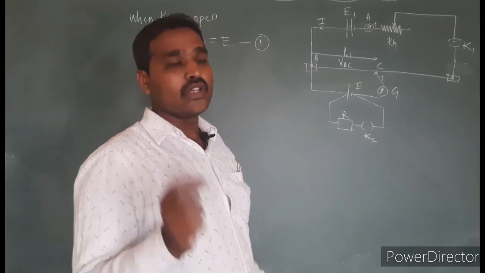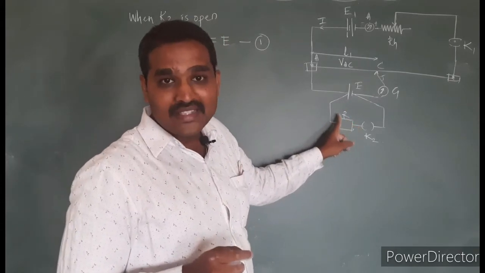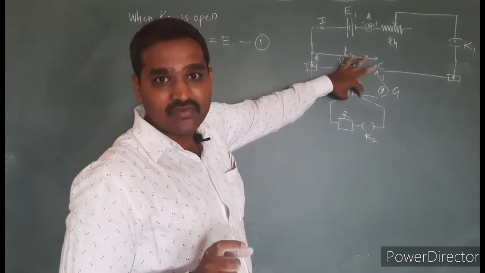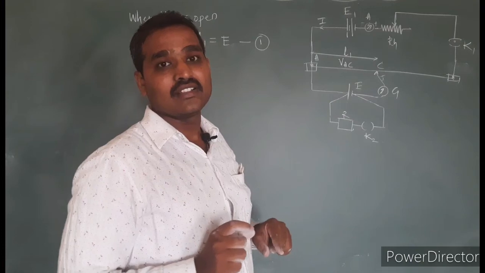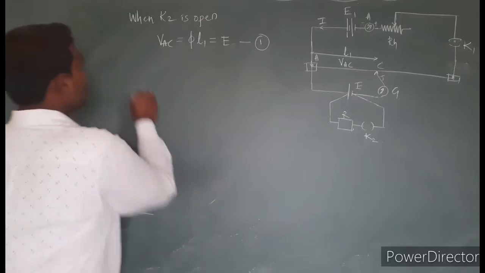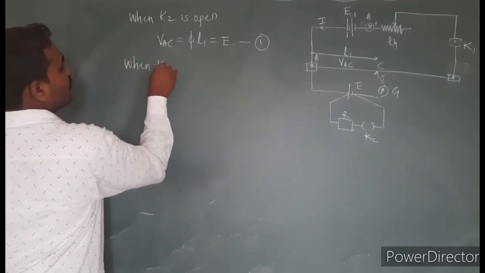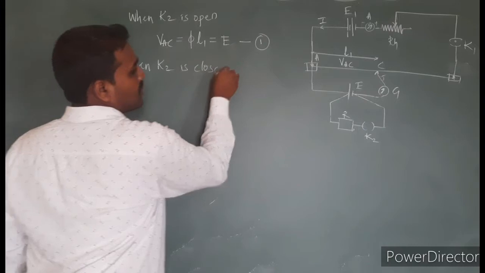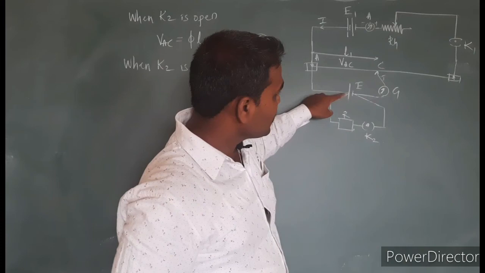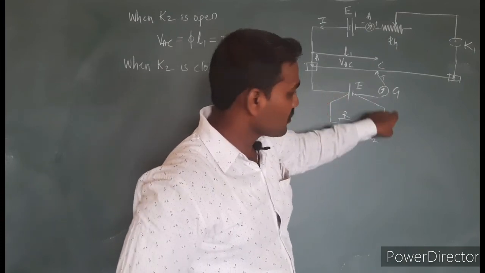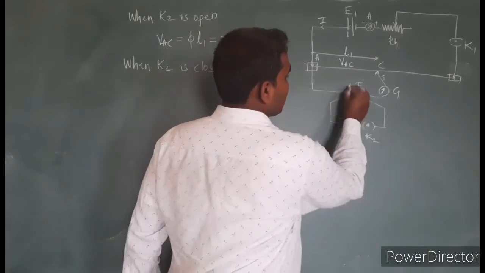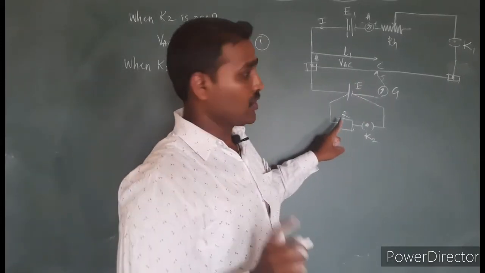Then we know that whenever current is drawn from any cell, whatever voltage is measured, that potential difference will be the terminal potential, which will not be equal to the EMF. So we use this theory here. Next, when we close the key K2, the current flows from this also. There is current drawn from this cell, so whatever potential difference is measured now will be the terminal potential.